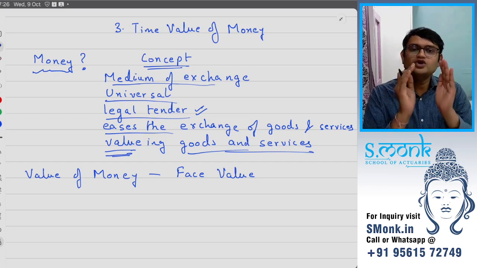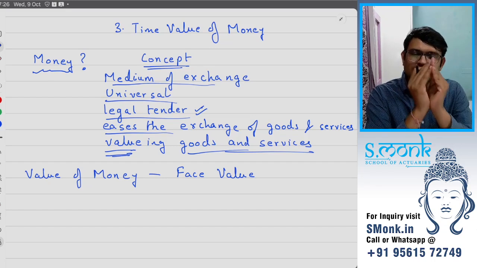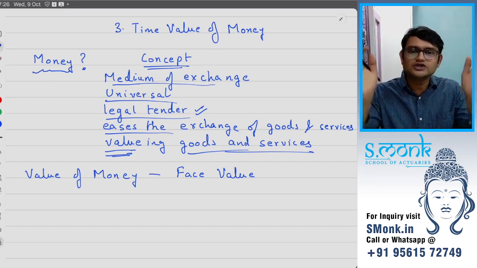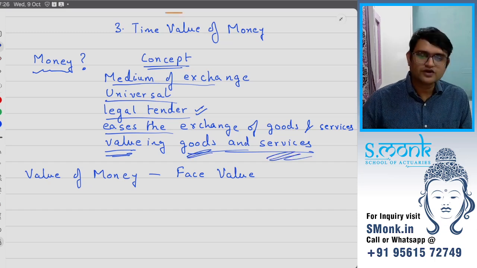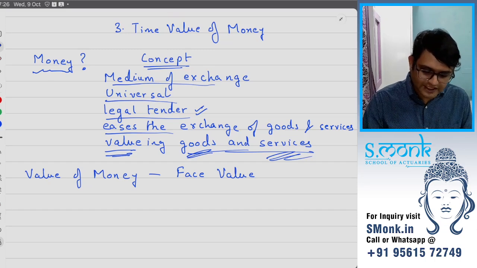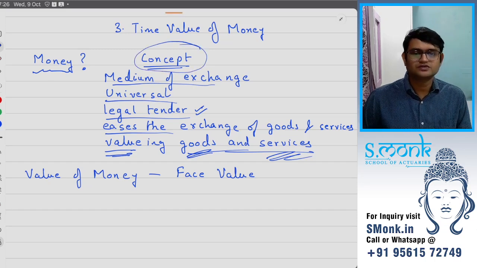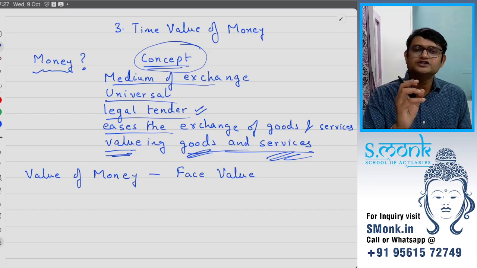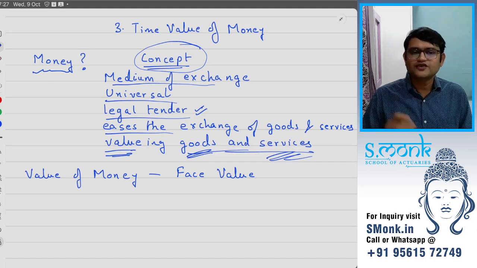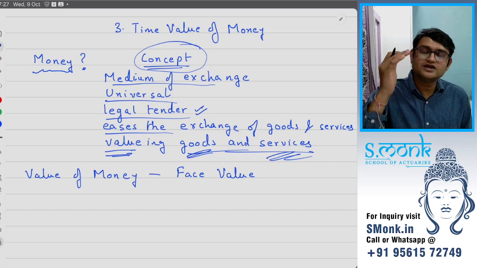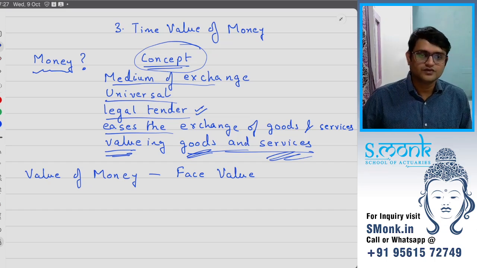So the amount of those physical notes is very small compared to the actual currency that is used for valuing these goods and services that we are talking about. Okay, so money is nothing but a concept. It's just a concept that is used for valuing. Because we understand money from a very young age, it's very difficult for us to understand that money is not a physical item. Okay, it's just a man-made concept.